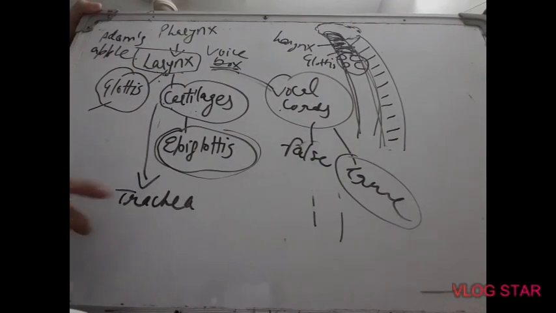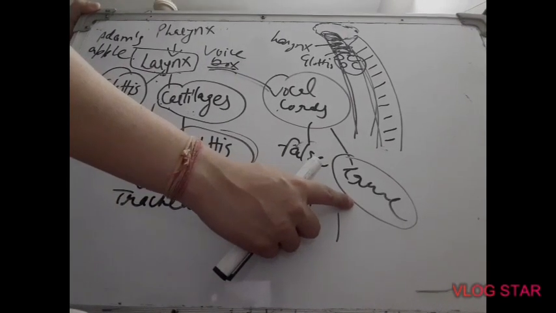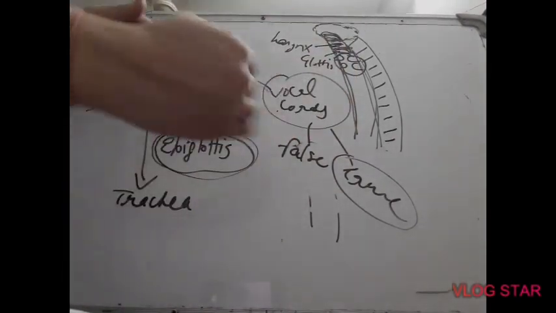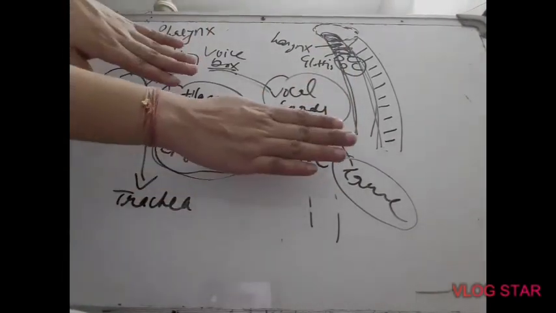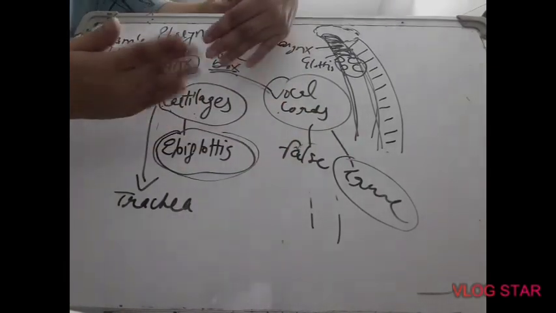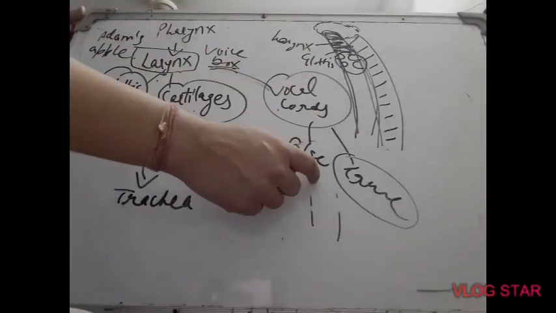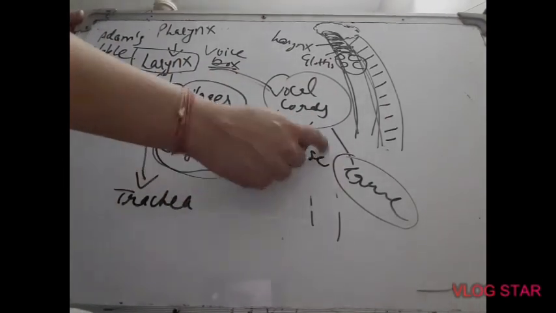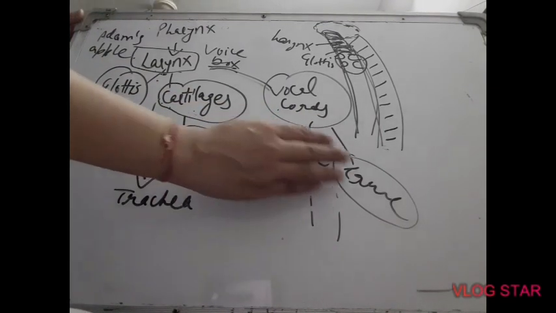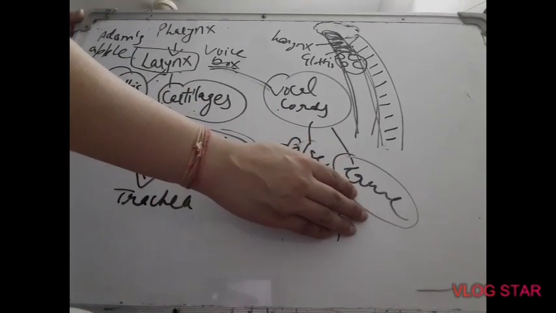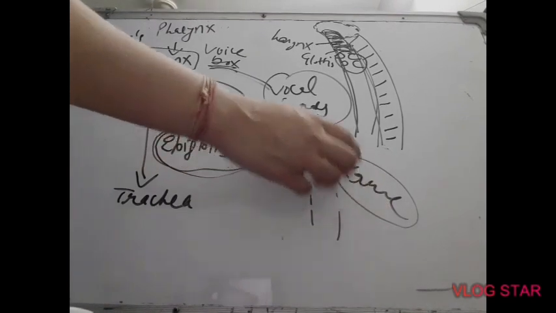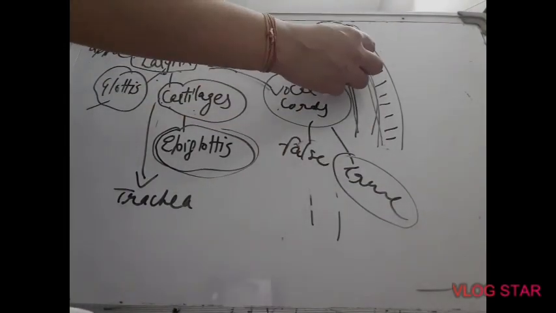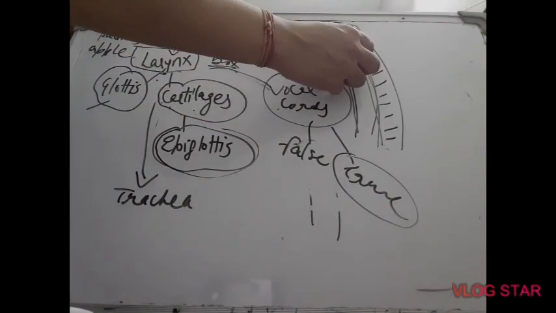When we speak, we make different sounds. These sounds or words are spoken because of the movement in the vocal cords. These vocal cords undergo vibrations this way. These are two vocal cords, and they undergo vibrations. Due to these vibrations, we produce different kinds of sounds. False vocal cords have no role in the process of speaking, but the other pair, the true vocal cords, enable us to speak. When we speak, air comes out with pressure from the windpipe, which causes vibrations in the vocal cords and enables us to speak.